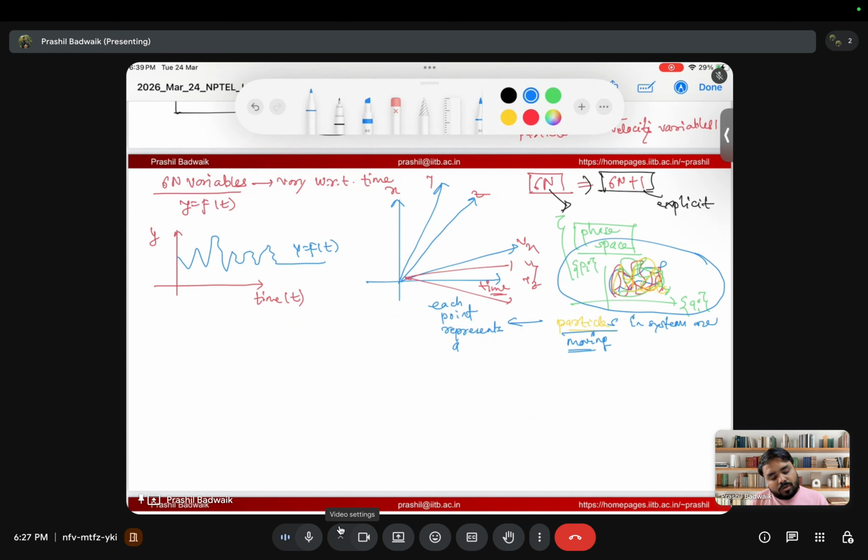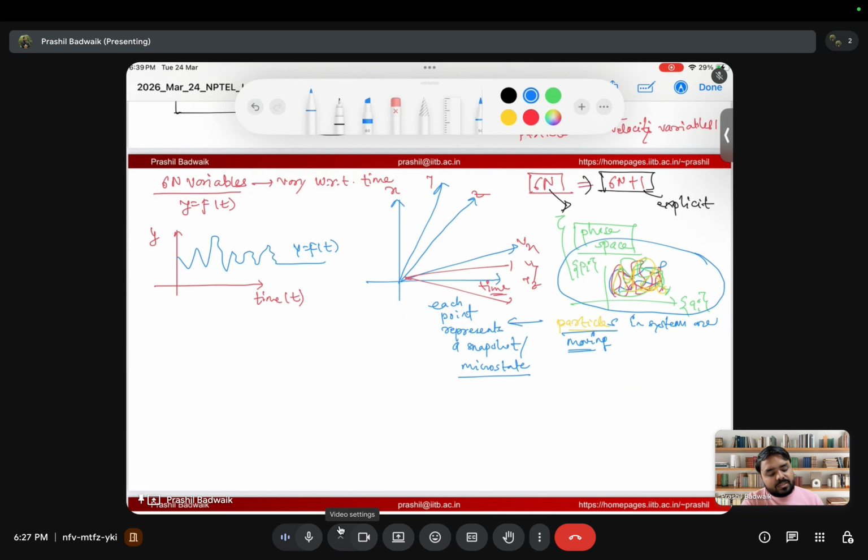A snapshot, or in technical language we call it a microstate. Each point represents a microstate, right? And how do we get the energy of the system? Based on this microstate, we'll use some formula to get the energy,